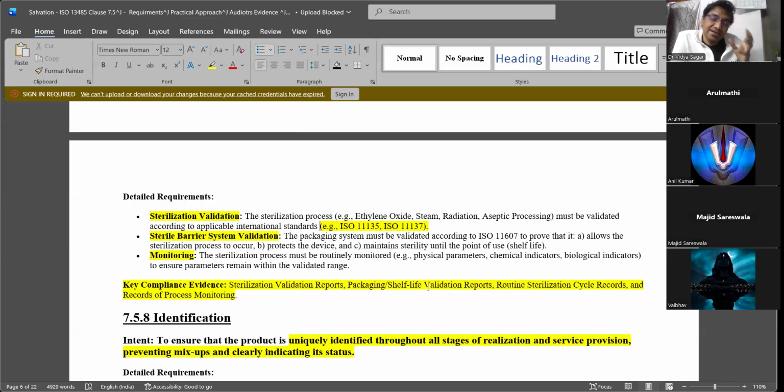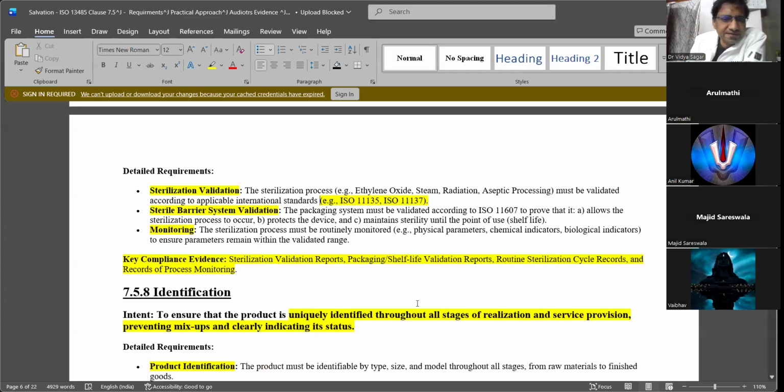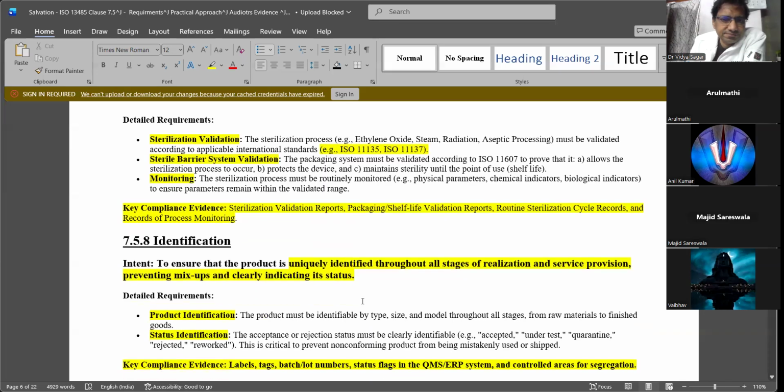But there comes your logic or common sense. Once you do one DOE, you should be able to understand what are the parameters that are affecting. Maybe in the second or third DOE, if you are smart enough, logical enough, you should be able to square onto the process parameters for validation. Even for sterilization.